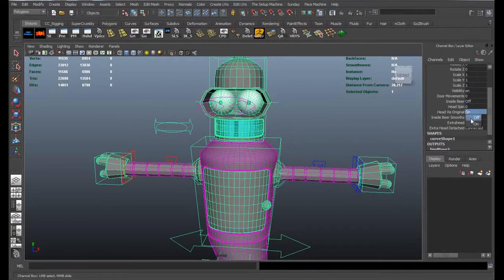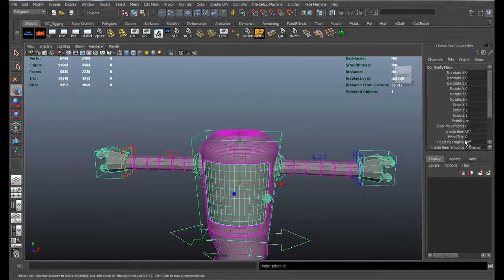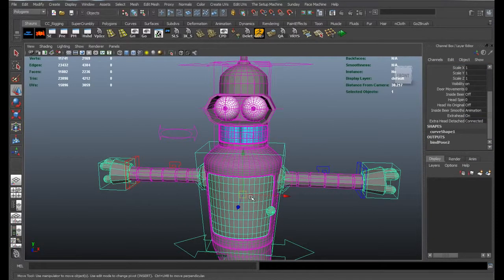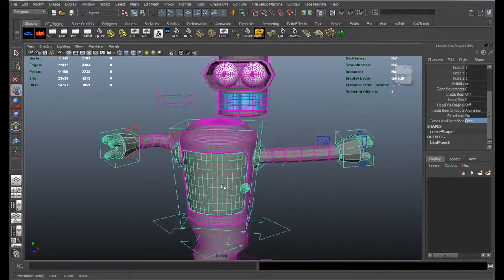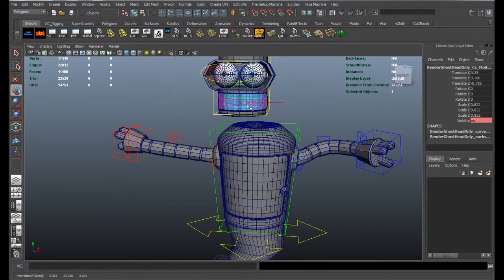And you can turn the original head off. Okay, and if you want to use, say, an extra head where he's flying around carrying his head, you can go ahead and do that, because I gave you guys an extra head to use. So this head, for right now, is connected to the body and connected to the rig. But if we turned that off to be free, you can see where our head's going to be free. But that also allows us to have our sine node for the teeth to where he talks,